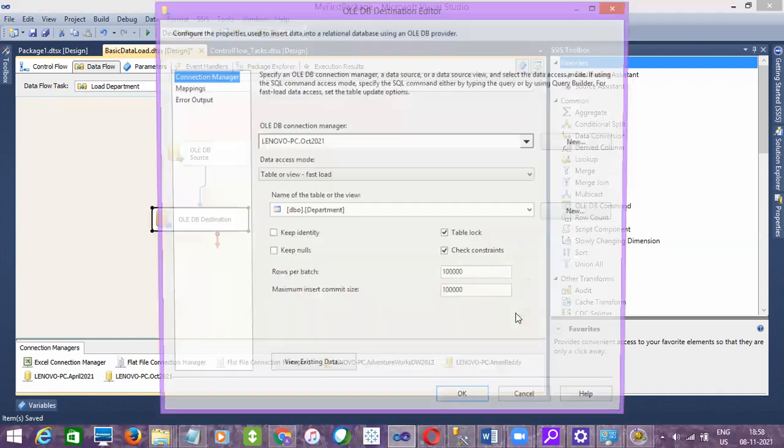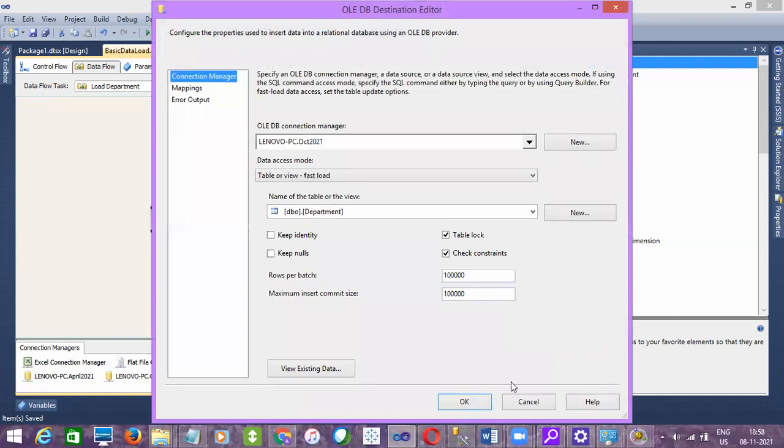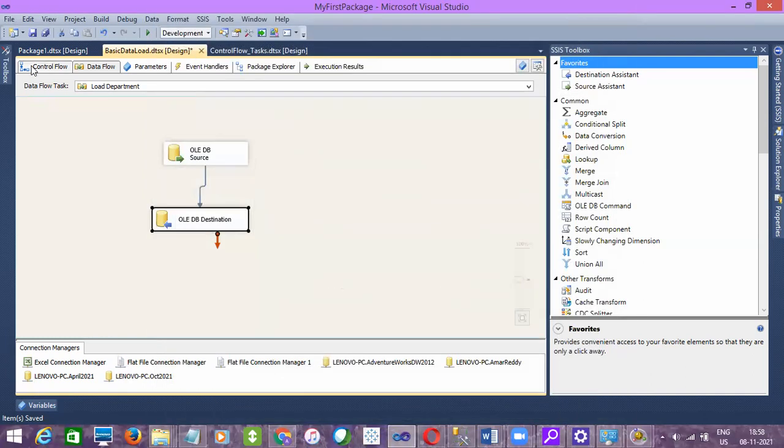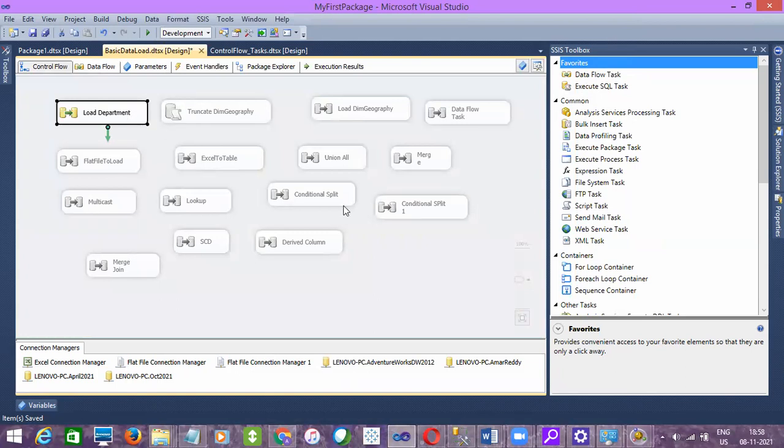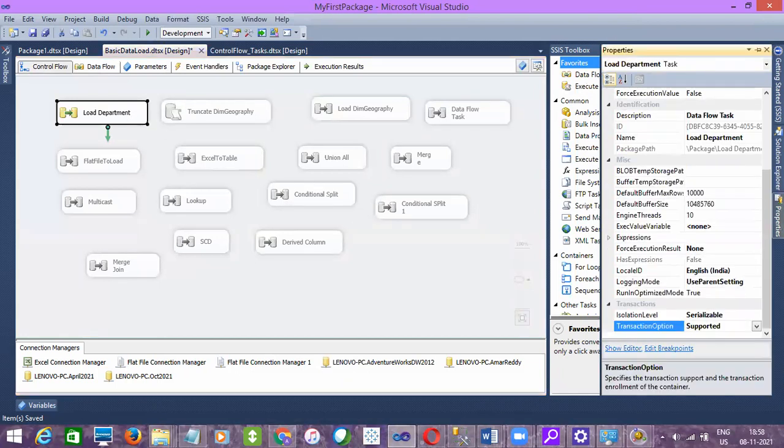So always try to set rows per batch to 1 lakh. And also for that, you need to set the control flow property for this task, maximum buffer rows. This also you should increase to 1 lakh, so that the data will be retrieved 1 lakh records at a time from the source and inserted into the destination, right?